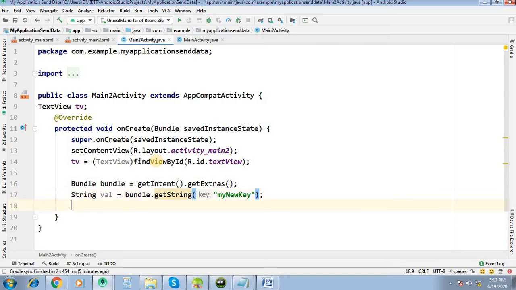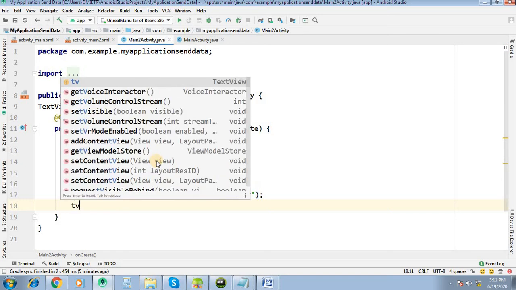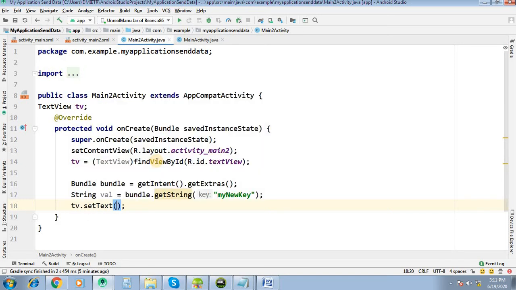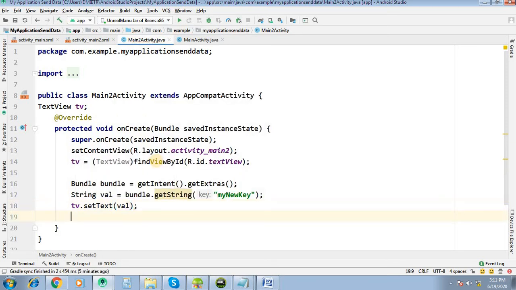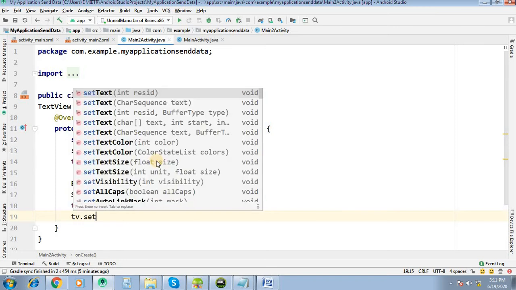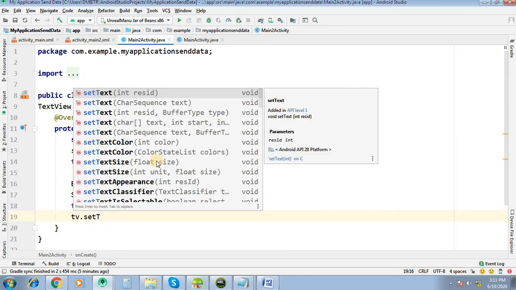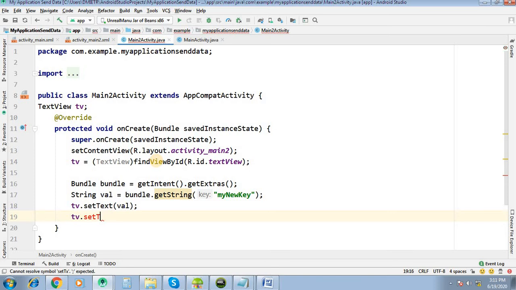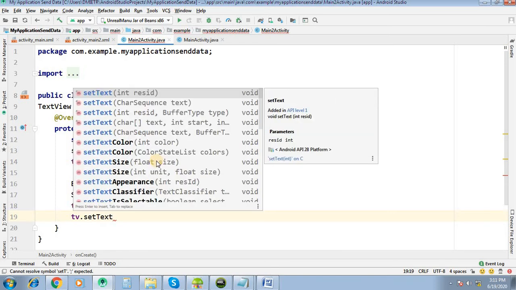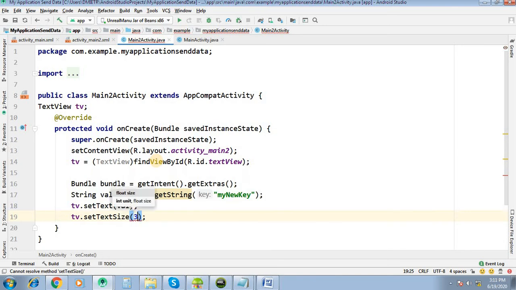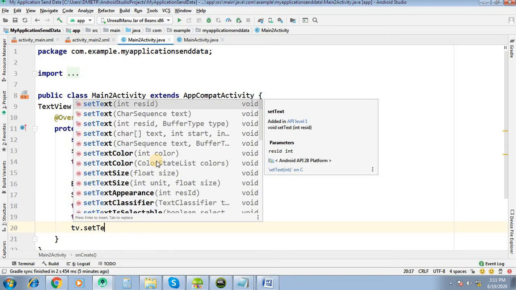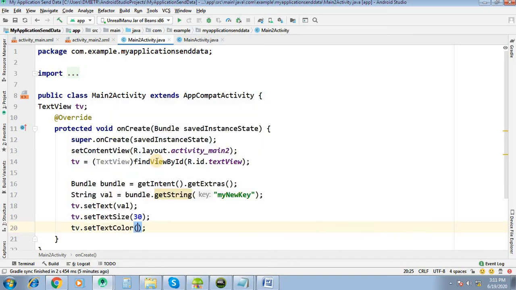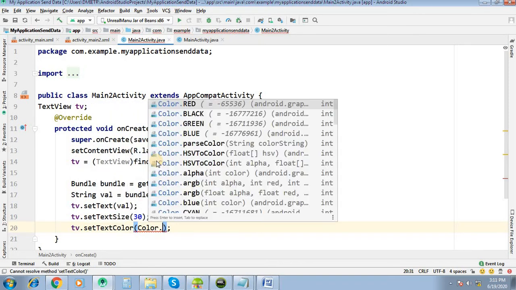Now this value we will set to the TV dot set text. We will increase the size of the text view, TV dot set text size, for example, say 30, and TV dot set text color, dot red.